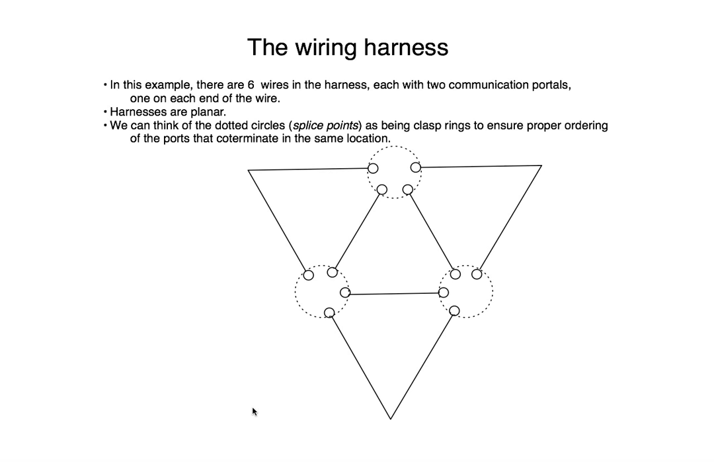as a wiring harness. And here are the wires. Here's one of the wires. There's 6 of them. And at the end of each wire, we have splice points. We're going to describe each one of these wires as a process with 2 ports that are able to communicate